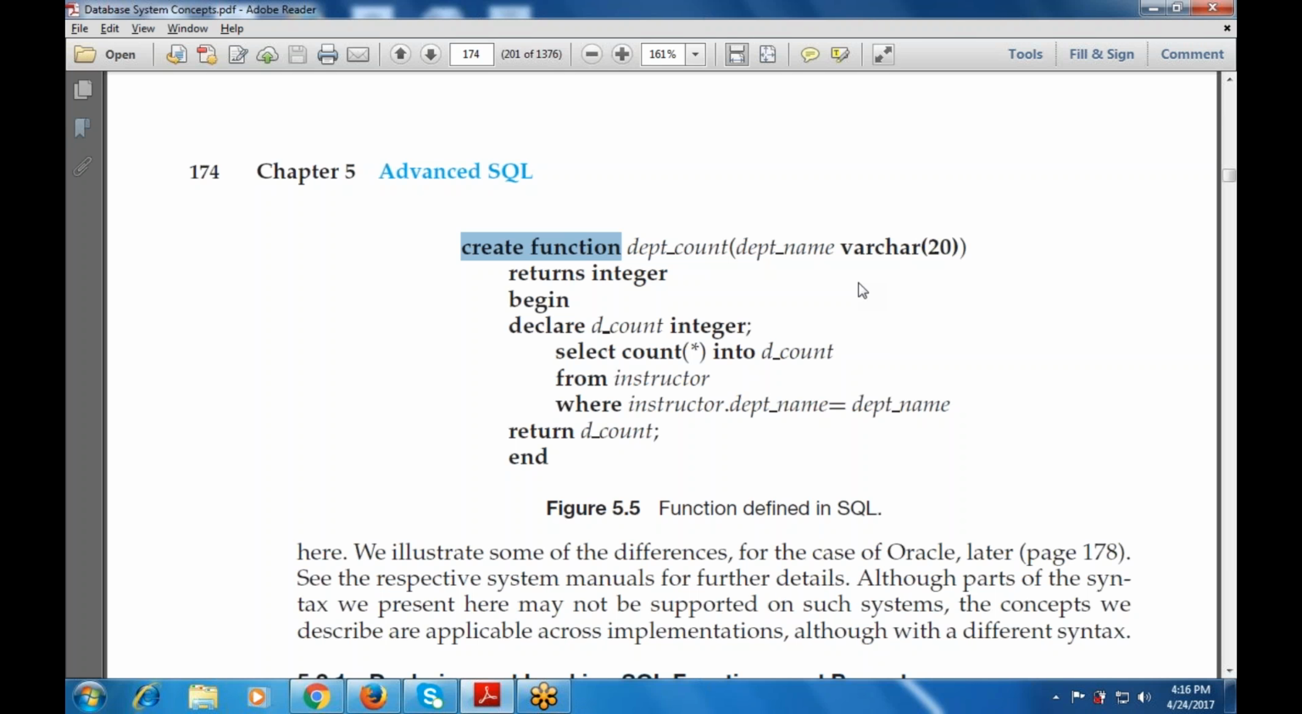Okay, so just listen. First of all, we create the function using create function, then any name of the function, then in the parenthesis there is a variable name, then a data type, right? Then it returns an integer value. So we give returns integer. Then begin, declare dcount integer. So first there is the function name, then returns, then begin from here, then declare dcount integer,